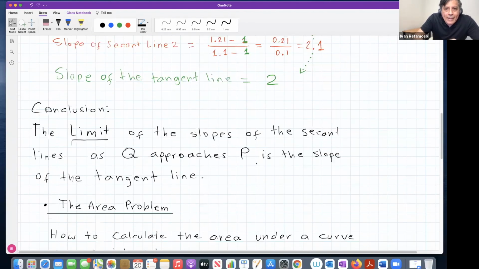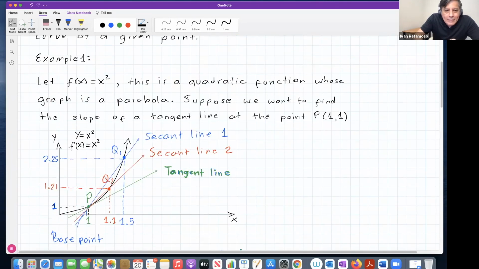All right, now that was the tangent problem, right? The tangent problem. And then we're going to dig into this problem